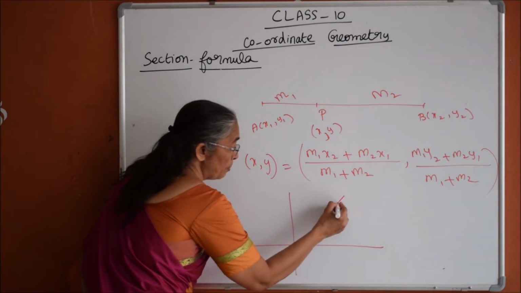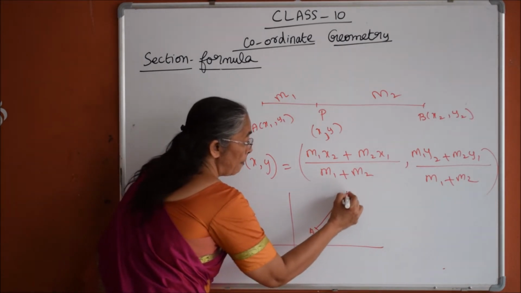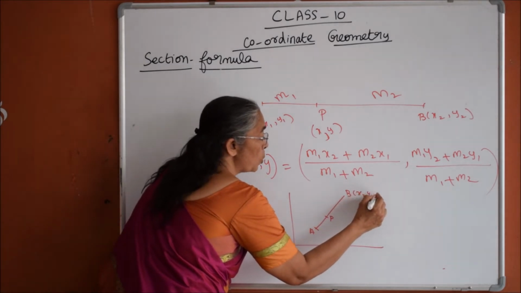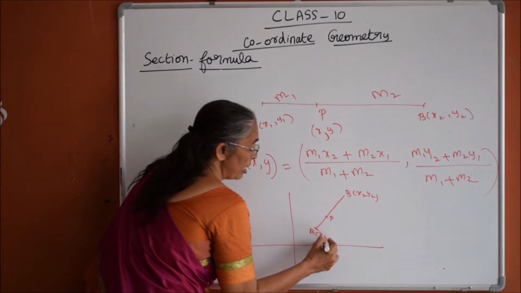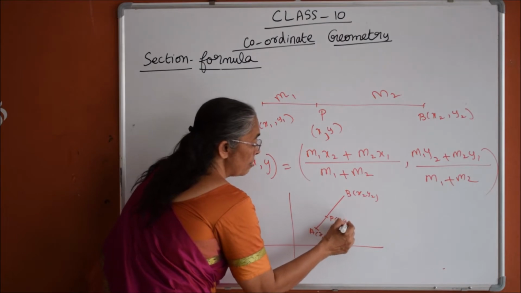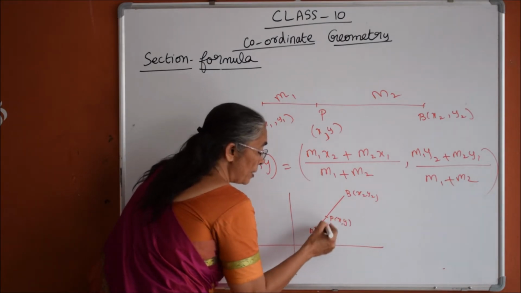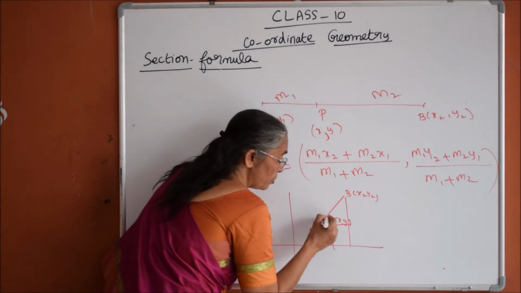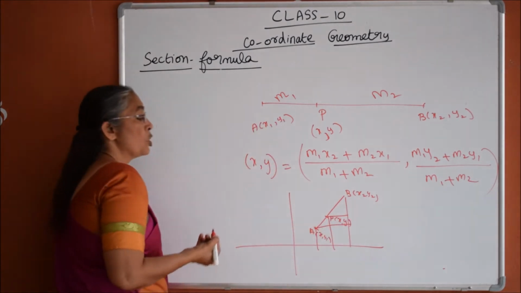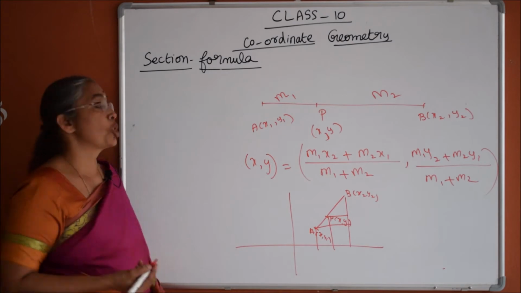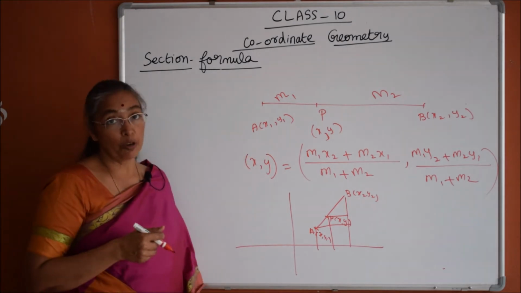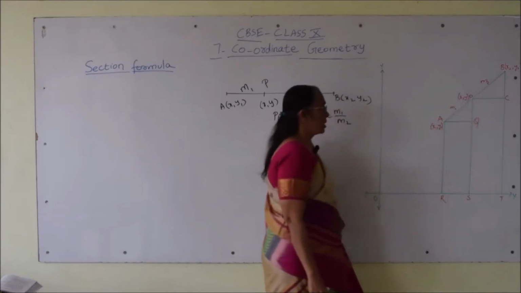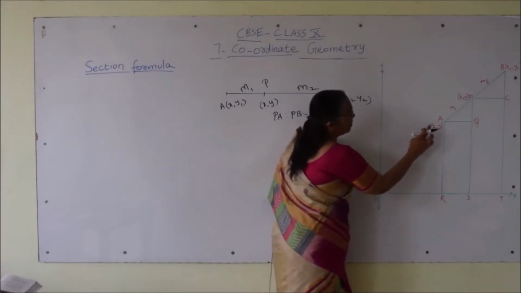We will consider, suppose this is point A, point B, and P is a point here. This is (x2, y2) and this is (x1, y1). Then P is (x, y). So, we drop perpendiculars from here and we get two similar triangles here. This is one triangle, this is one triangle. By writing the similarity ratio, we can derive this formula. And P be the point (x, y). Now, just for once we will mark all those things.